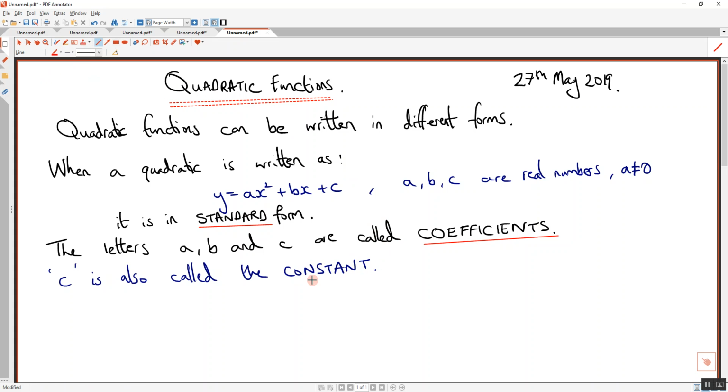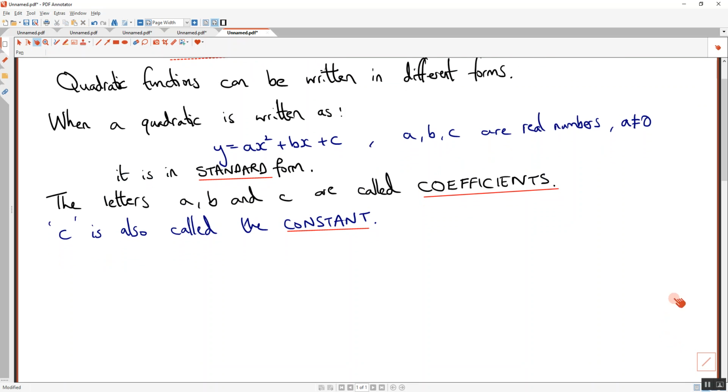Because it always stays at a number? Yeah, so it's just the number by itself that is the constant, okay? So, for example,